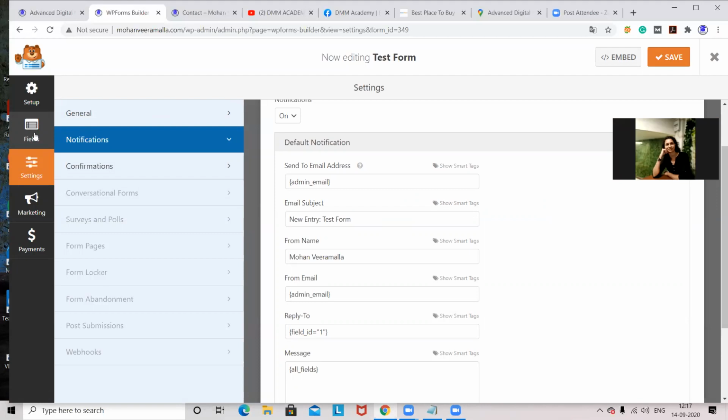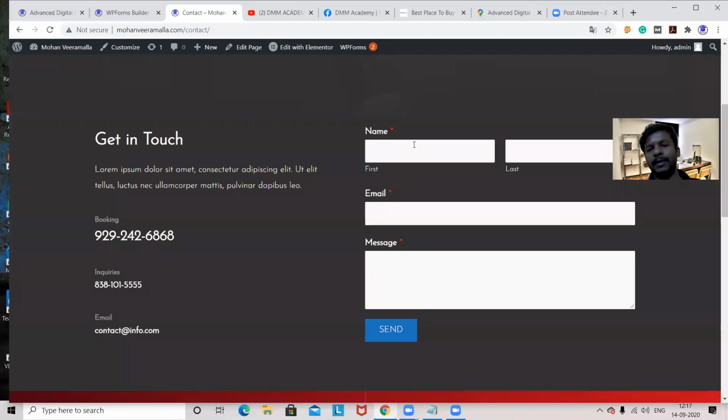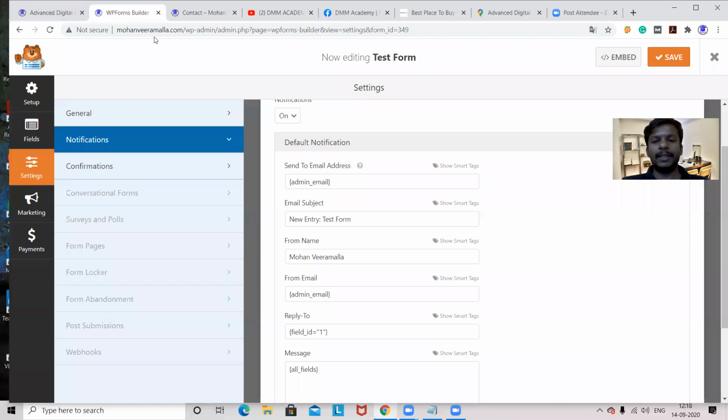No, sir. Please say it once more. See, we have this form here. Now somebody is filling this form, and who should get it? The owner of this, or whoever is maintaining this, should get it. Now when we installed WordPress, we gave an email ID there, in the first workshop. That will be the admin email ID. So if you want to receive the information at the same email ID, don't change anything here.